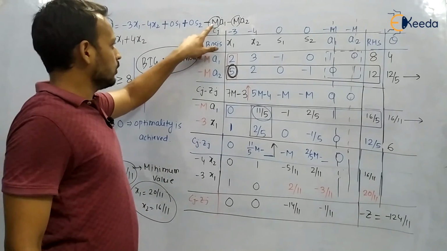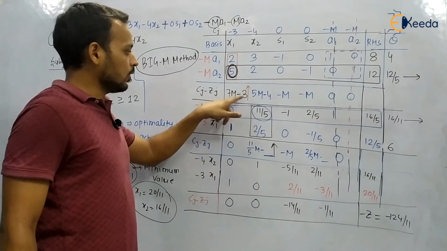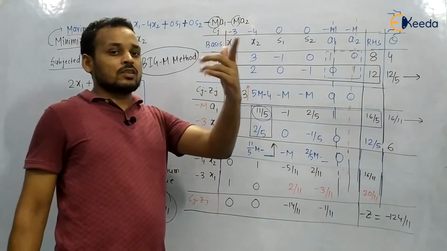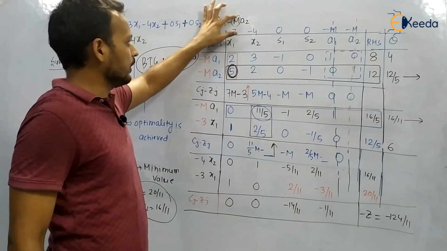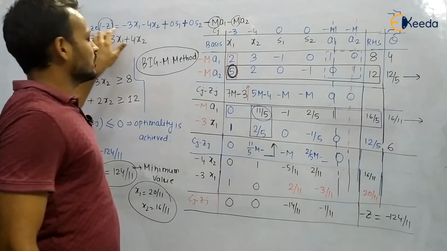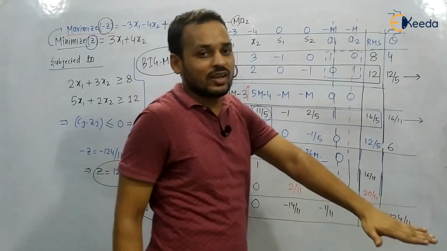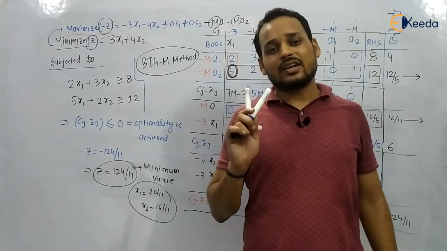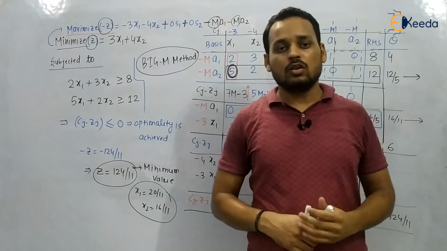Okay, and why have we not put infinity? Because if you put infinity, then you will not be able to identify the maximum value or maximum positive value. And here also, if you put infinity, then Z is going to be infinity. Profit is infinity, it means nothing. Or minus infinity, it means nothing. So we are not putting infinity directly, we are replacing it with M. Okay, so it is all about the Big M method.